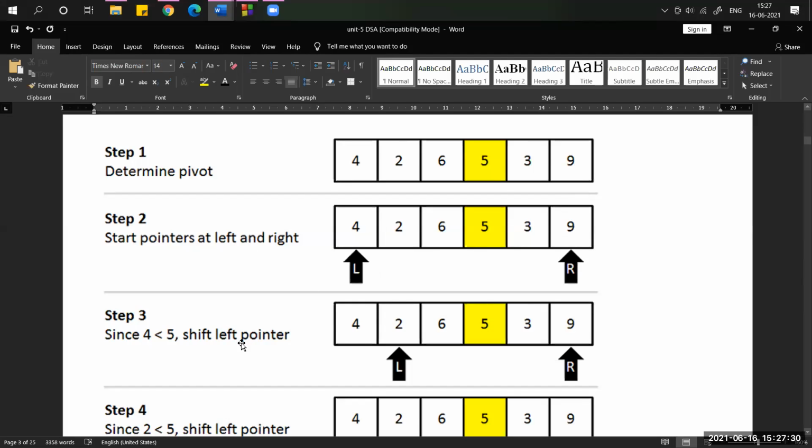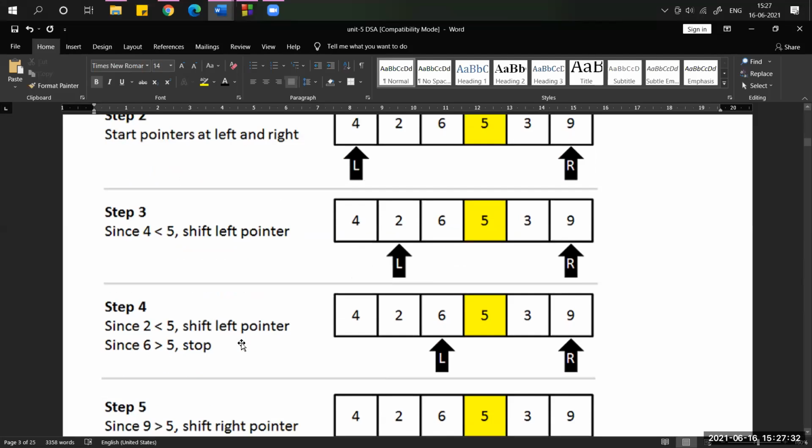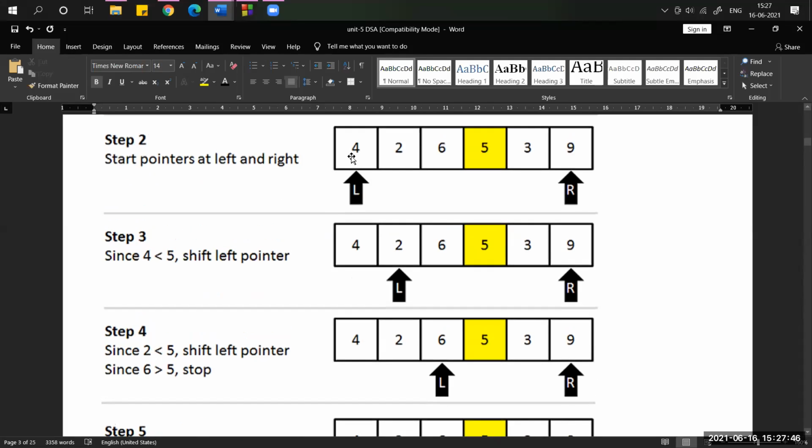Now the third step. From here the algorithm starts working. So how do we have to check? Two conditions you have to remember. Listen carefully. Where the left pointer is pointing, what is the element? 4. Now the left pointer is compared with the pivot.